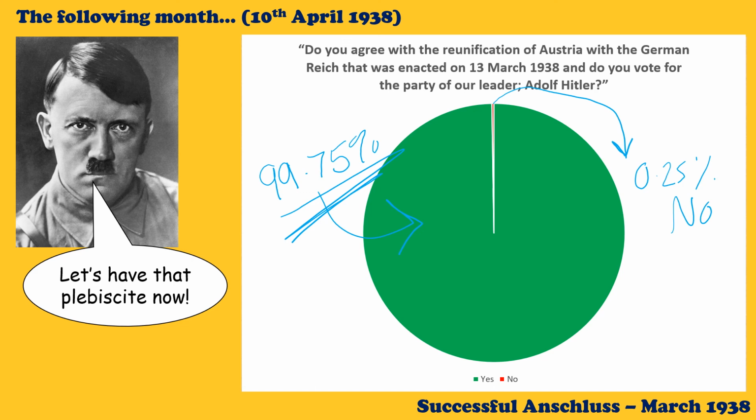Just to sprinkle this in for you guys for a second here, linking events like this together is exam answer gold. It's history gold as well, if you're able to link those events together and see it as part of the bigger picture. And again, understanding why he's achieving this in 1938 when he was unable to do it back in 1934.